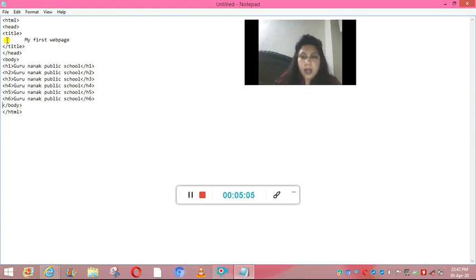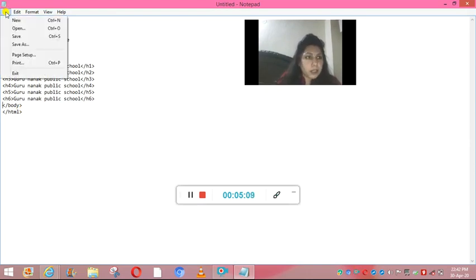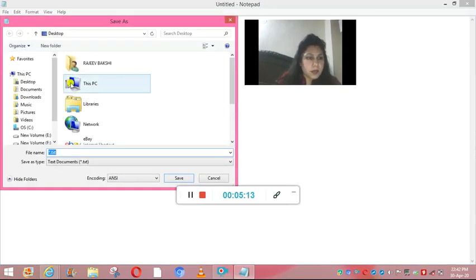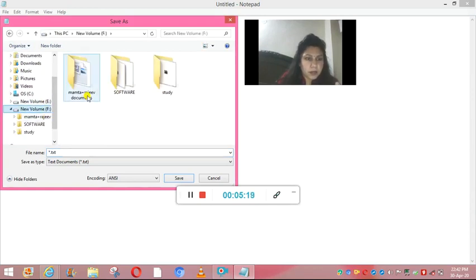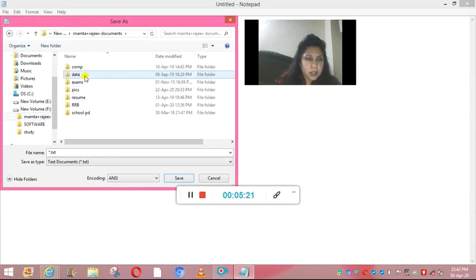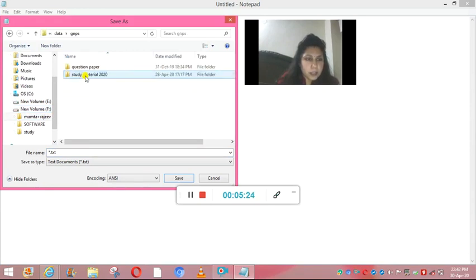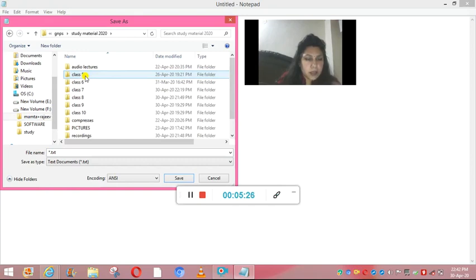Now the thing you have to do is, first you have to save this page. You will go to File, Save As. Now suppose I am saving this in F drive. I will select the F drive. Then I'm saving this on data in GNPS. Any path you can take where you want to save.